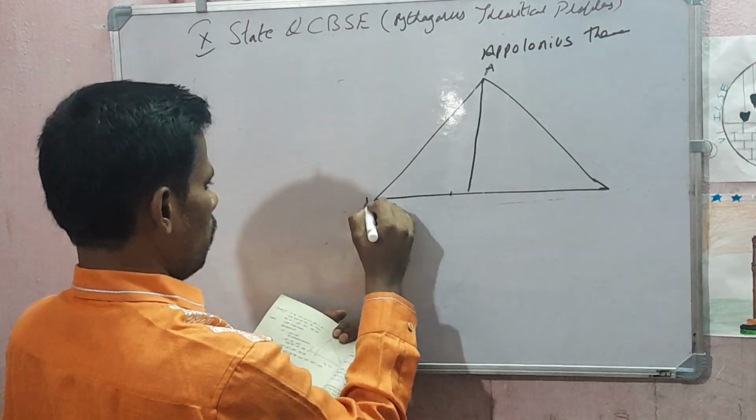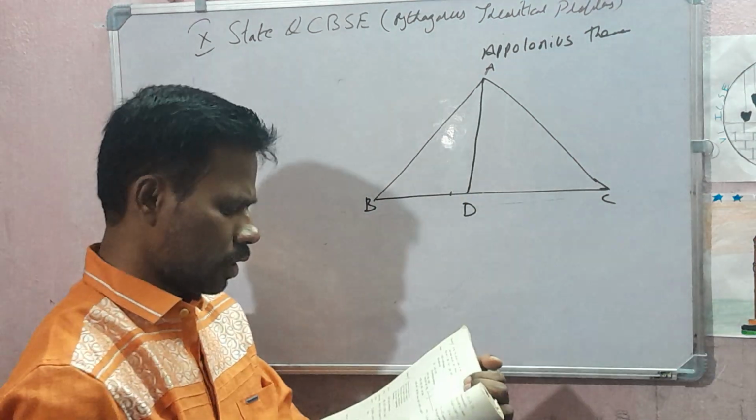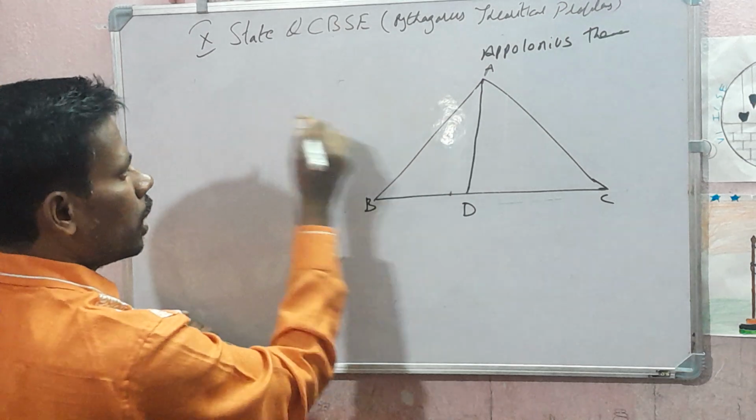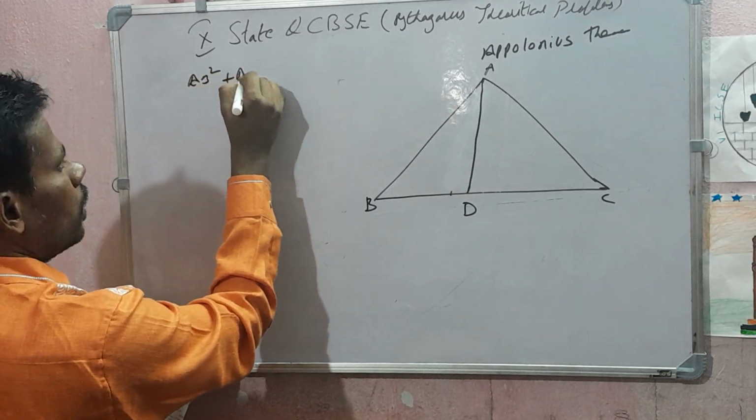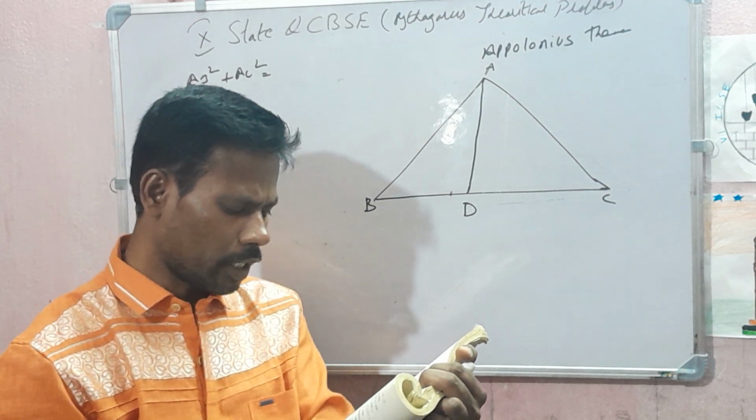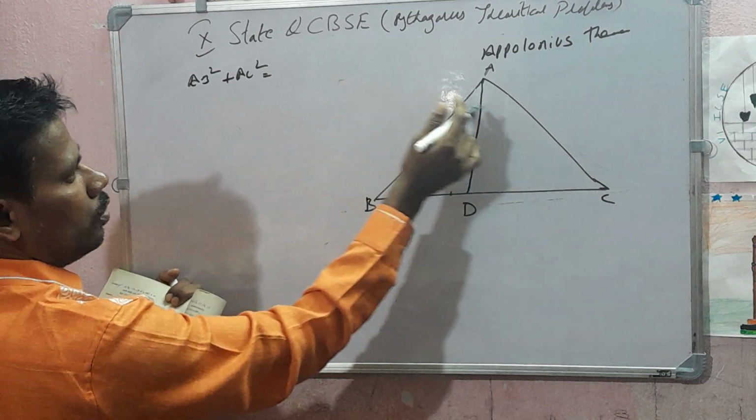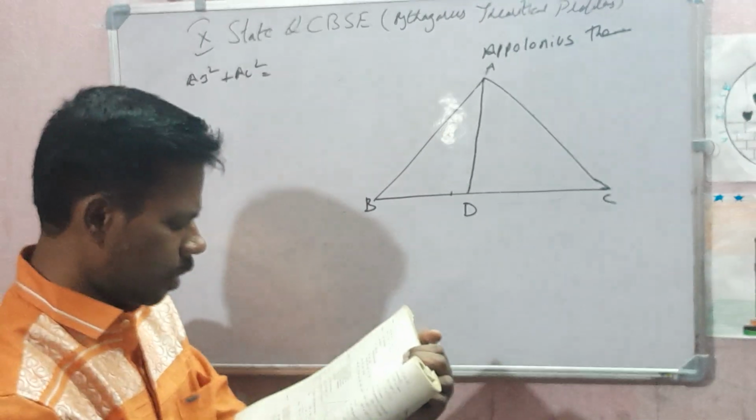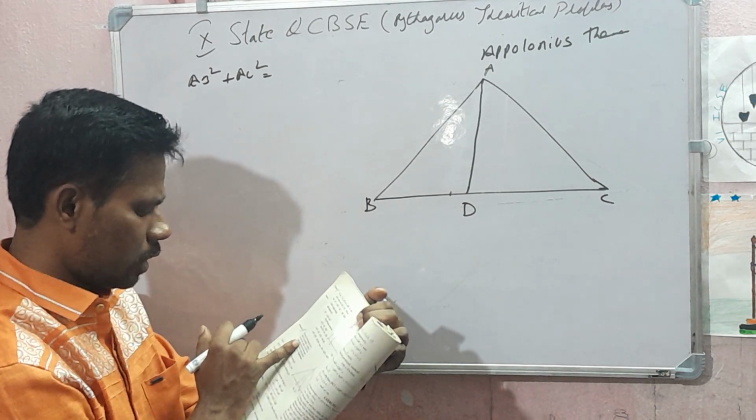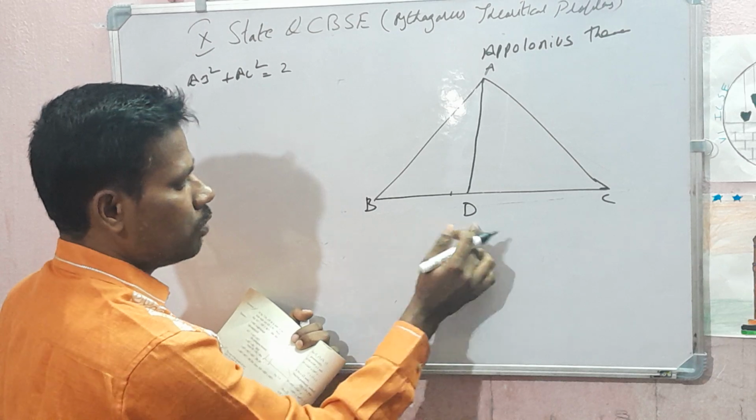A, B, D, C. What does it state? The sum of squares of two sides of a triangle, meaning AB square plus AC square, is equal to twice the square on half the third side, that is BD square,